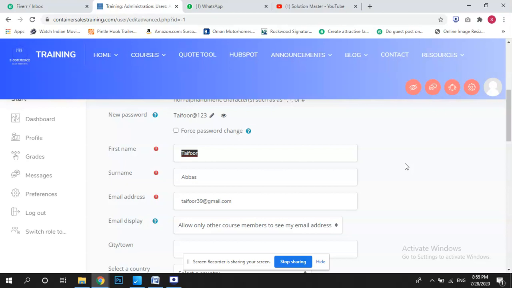Sometimes customers also ask me why this is important, since I can create the same password and same email ID and 20 users can use the same password and same email ID. The answer is, for example, among 20 people, 19 have remembered their password, but the 20th person has forgotten his.